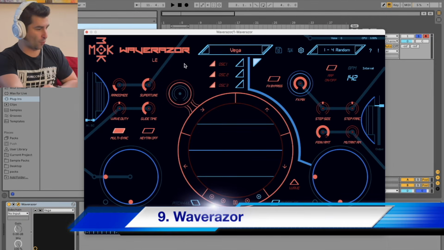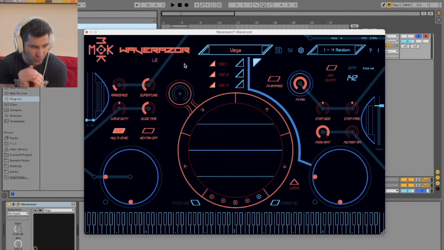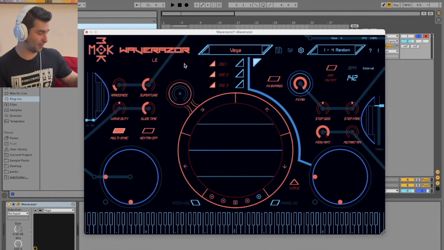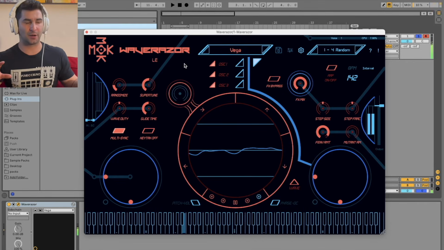Got another synth for you. This is the Wave Razor. This creates super gritty, glitchy, just dark synth sound. So let's play it. And let's say if you want that kind of like, I know Rez does this a lot,